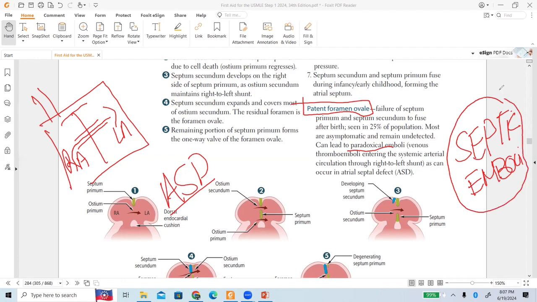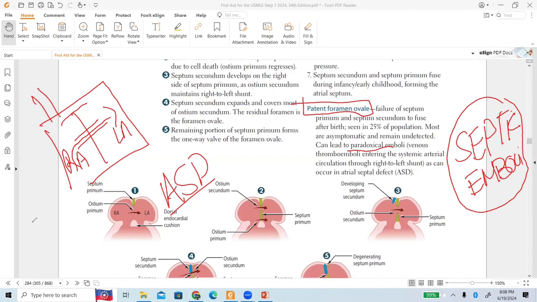So my teaching style and my learning style is to compare different things, like septic emboli and paradoxical emboli, and the conditions in which septic emboli occur, mainly in infective endocarditis. We will discuss infective endocarditis in a future session. Infective endocarditis, again, is super high yield stuff. Should we move to the next thing? Are there any questions regarding these things?